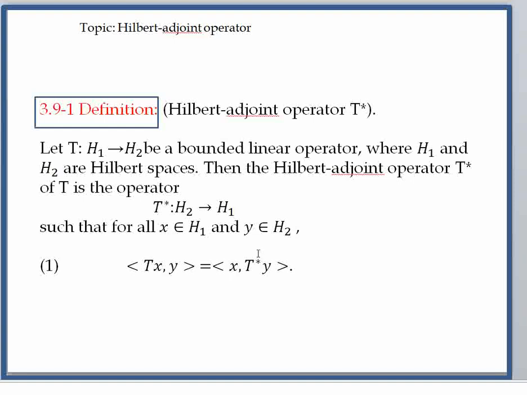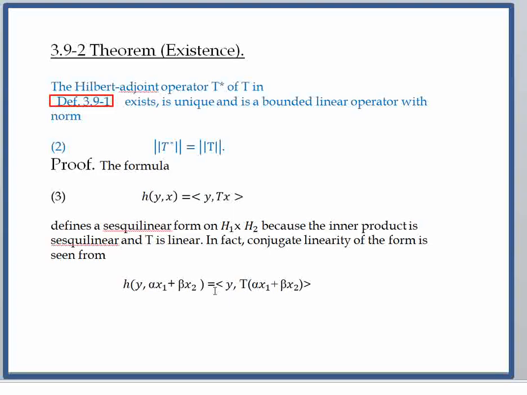If any operator T* satisfies condition 1, the inner product of Tx, y is equal to the inner product of x, T*y, then it is called the Hilbert adjoint operator T* of T. Now the existence theorem. The Hilbert adjoint operator T* of T exists, is unique and is a bounded linear operator with norm